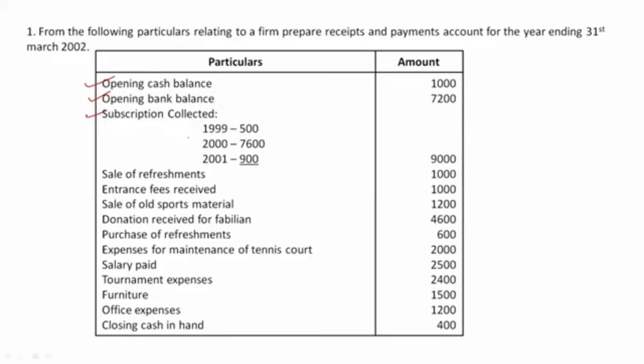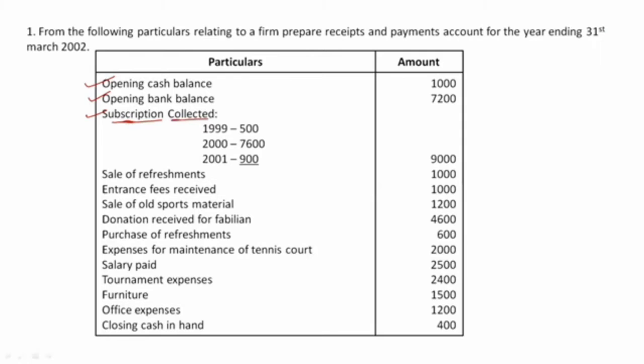Okay, next thing that we have here is subscriptions collected. So you have to decide whether it's a receipt or it's a payment for an NPO. If you have understood the concept properly, I told you subscription is one of the sources of income for a non-profit organization. Whenever any person buys the subscription or becomes a member of an NPO, they have to pay the amount. We call it membership fee, or sometimes subscription. It's one of the main sources of revenue to the NPO, and it is directly given.